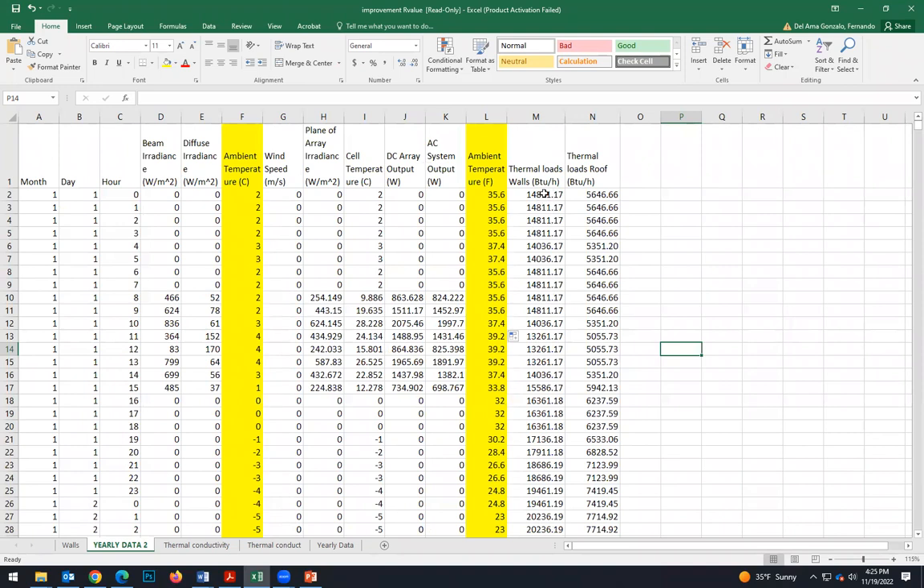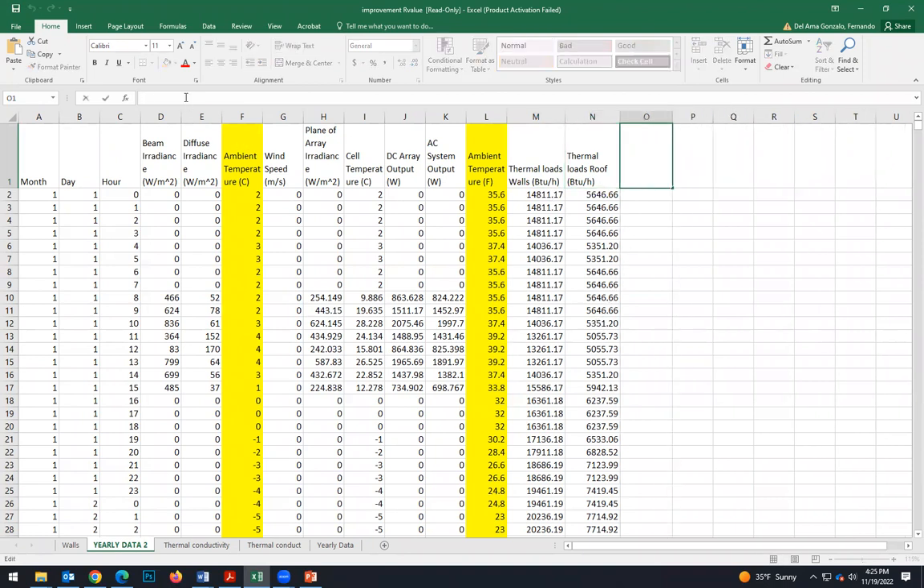Then we need 4 columns here. So these are the thermal loads through walls. These are the thermal loads through the roof. Then we need the thermal loads through the windows. And finally, thermal loads through the ventilation. For the thermal loads through the